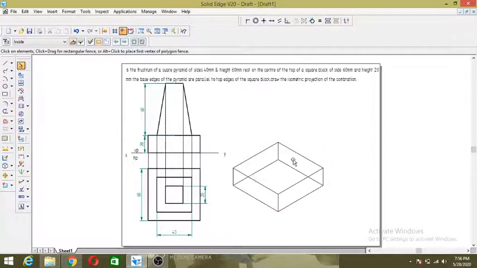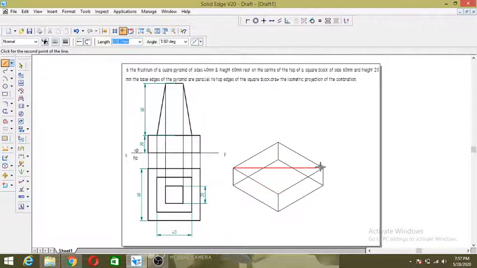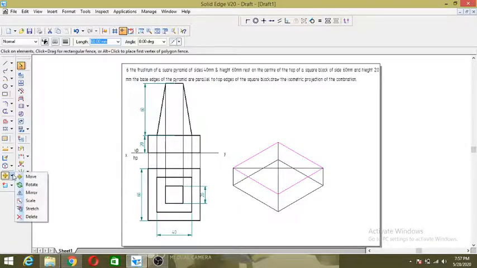Okay, join these. When you are constructing, as I said earlier, use normal lines here, it is better. So then after that, this is a square slab. Then over this we have to place this frustum of a square pyramid. What is the base of this? It is 40 mm. So don't construct again and again here. Copy this. Before doing that you have to find out the center of the top face. So then select the top face. This is the top face of this.